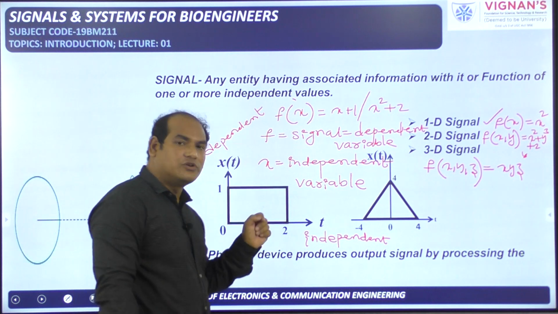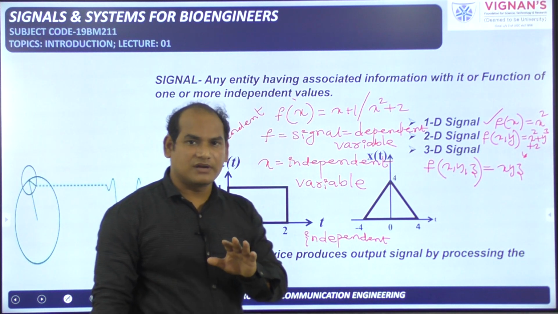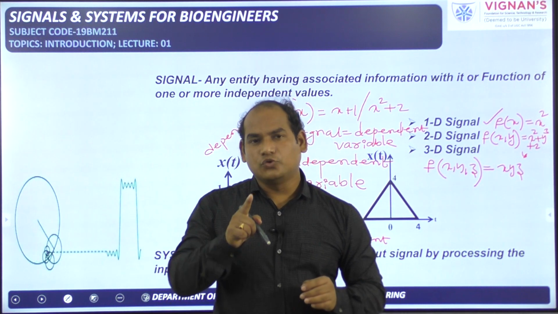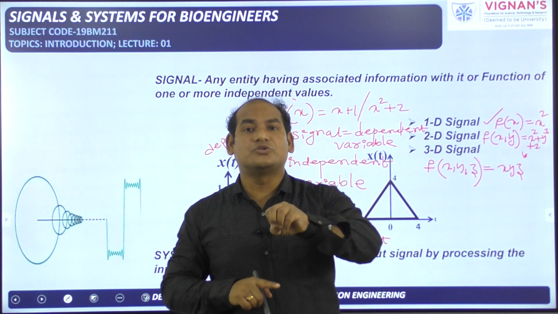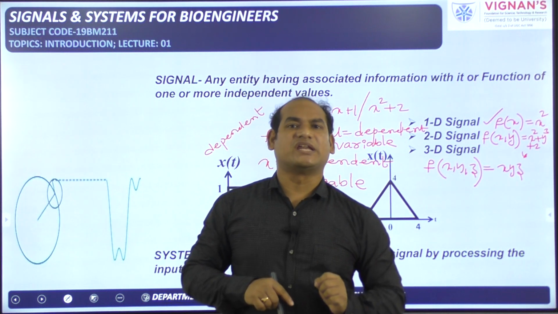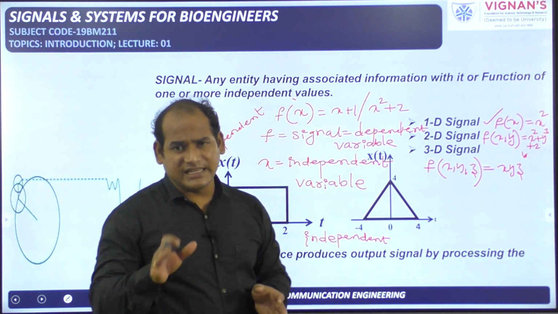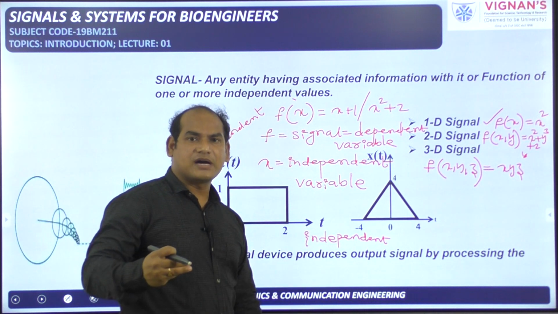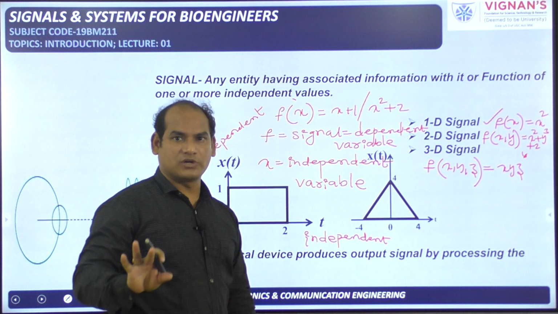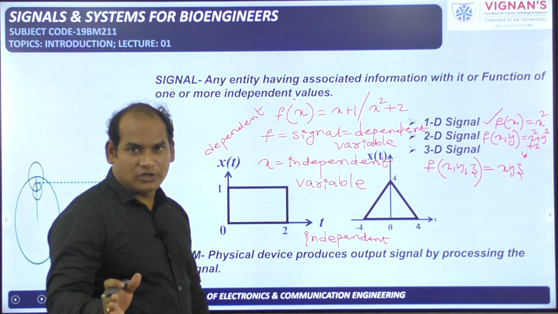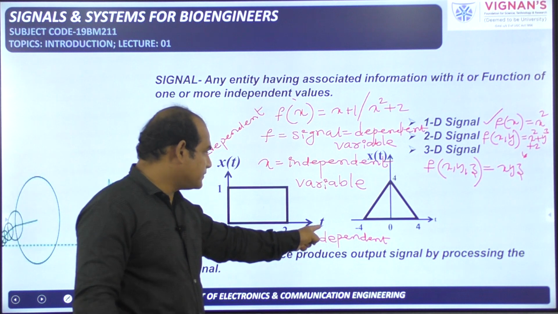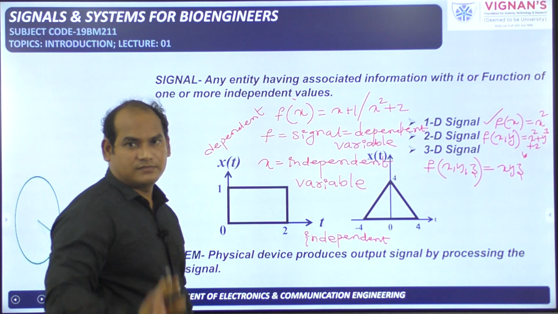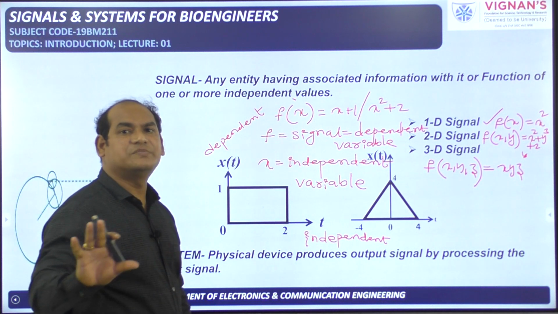So two things you need to tell. In order to define the signal, remember this very carefully: you need to give the information about its amplitudes for all values of the independent variable. In our subject we will deal with respect to time only. That means the independent variable is time only. So from this time onwards I am taking the independent variable as time. For all values of t, the amplitude of the signal should be given. Then we can tell the signal has been defined.